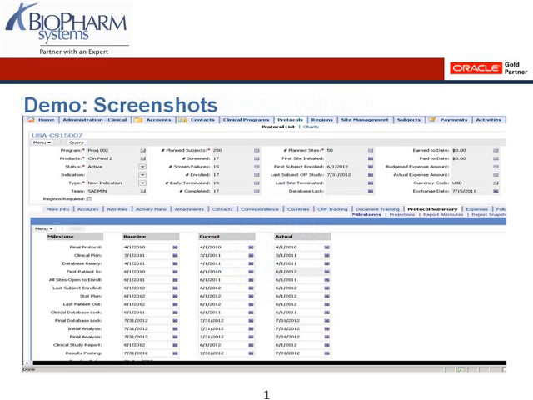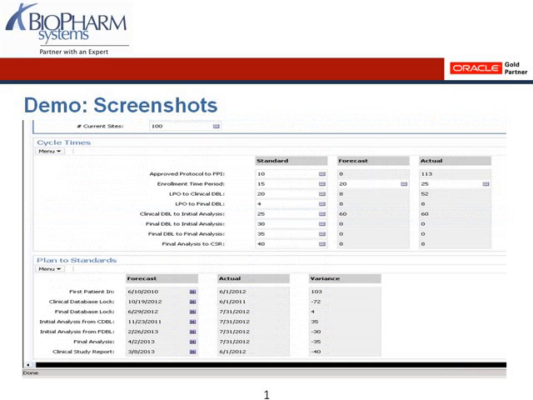So here we have our key milestones for our protocol. And if you're having trouble seeing this, click on the full screen option and it may enlarge it for you. We have our list of key milestones. We have our baseline. We have our current forecast and our actuals. Some of the actuals are pulled in and rolled up from lower levels. So this gives you the ability to see what was originally planned, what our current plan is based on anything that's changed in the protocol, and what the actuals look like today.